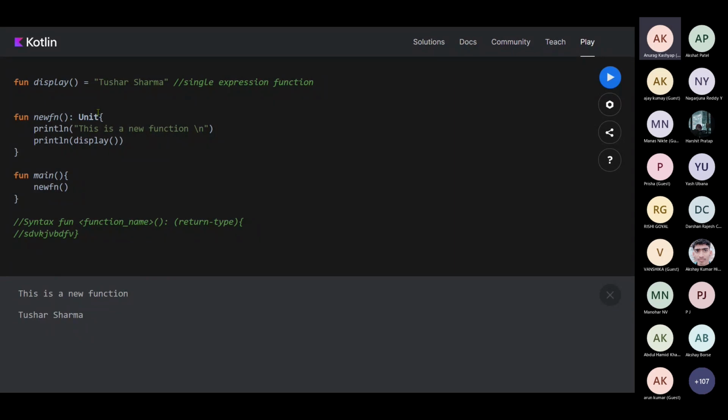Even if you have a single expression function, you don't need to write the return type of the function. You can directly declare your methods inside a function and do anything. So there's no use of unit for now. Next we have one more important concept, which is known as item to greet.